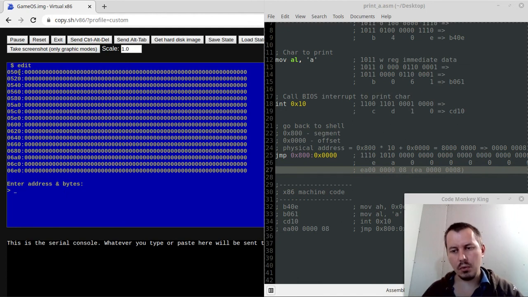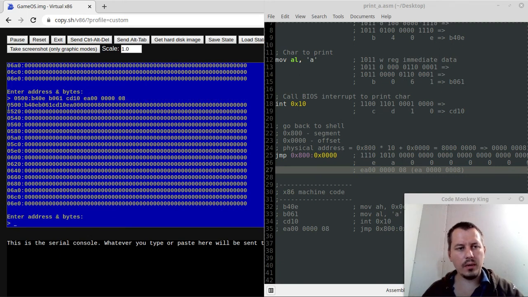This is specific to GameOS operating system. So just say 0500. This is essential, right? And now we can enter the bytes. So I say B40E, and then B061, and then CD10, and then EA004008, and hit enter. So now the bytes are in there, and if I did everything properly, if we run